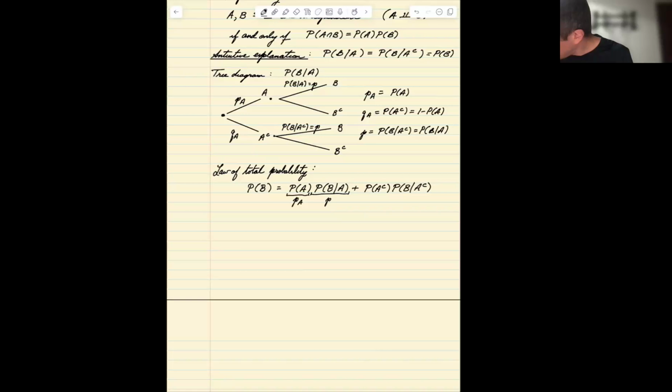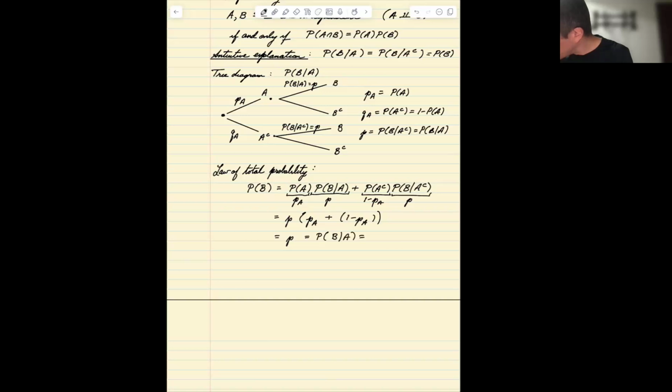This is P sub A. This is Q sub A, which is 1 minus P sub A. And this is P by assumption. So if we factor this out, we can pull the P out. We're left with P sub A plus 1 minus P sub A, which is just 1. And this is P, which by definition was